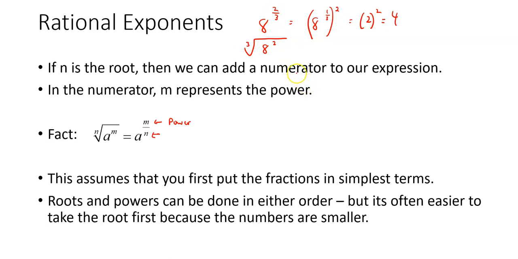And it turns out it doesn't matter what order I evaluate this in. 8 squared is 64, so I could have just as easily said, what's the cube root of 64? The cube root of 64 is 4. On the one I did on the top, I did the root first, and then squared it and got the same answer. Now this assumes that you're putting those fractions that are in the exponent spot in simplest terms,